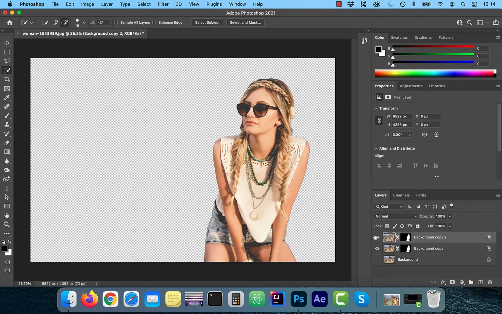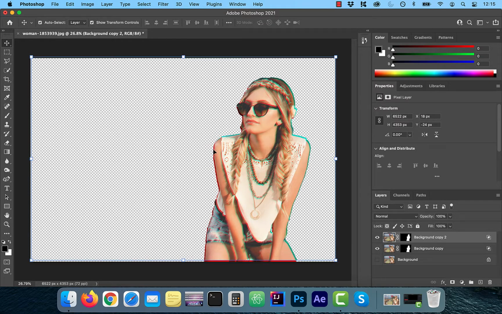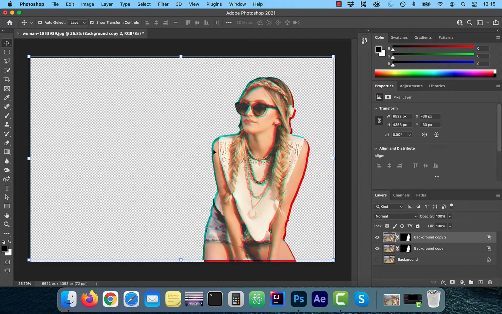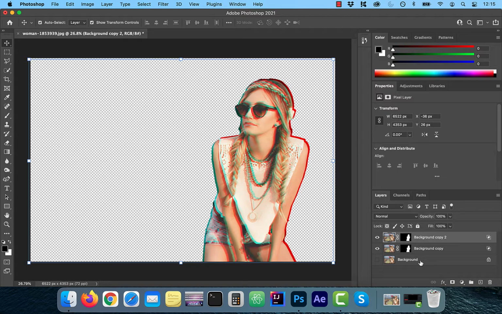The 3D effect is achieved by creating an offset between the red and cyan layers. So I'm going to select one of the layers, click on the move tool, and just use my arrow keys to create an offset. Once the desired offset is achieved to your liking, I'm going to duplicate the original background